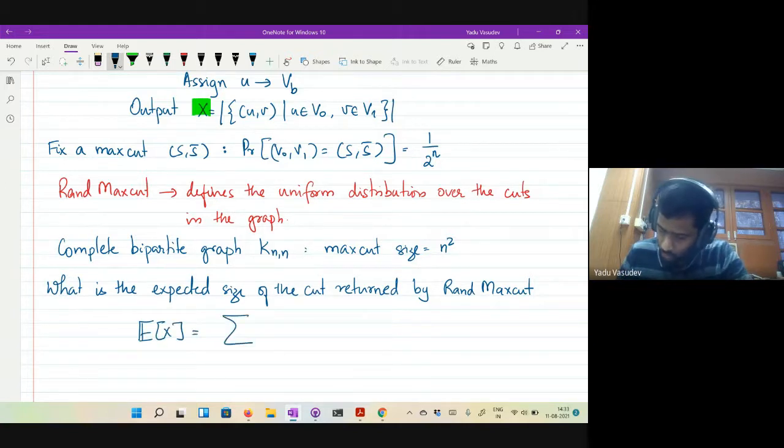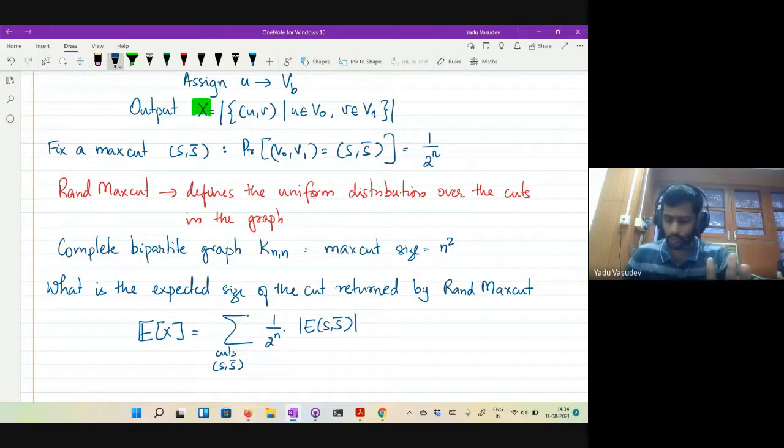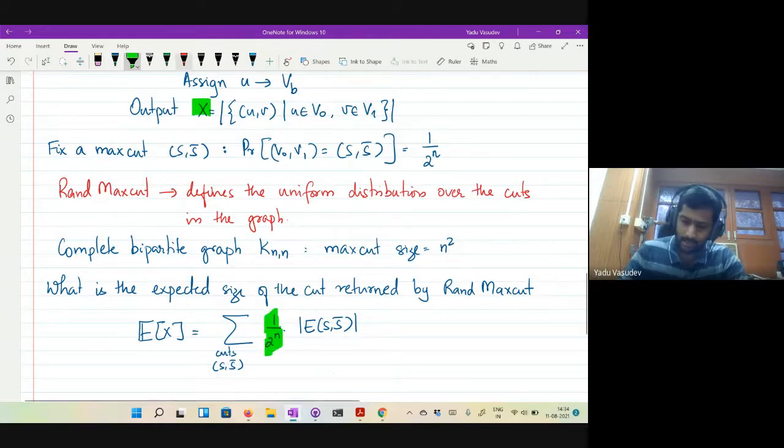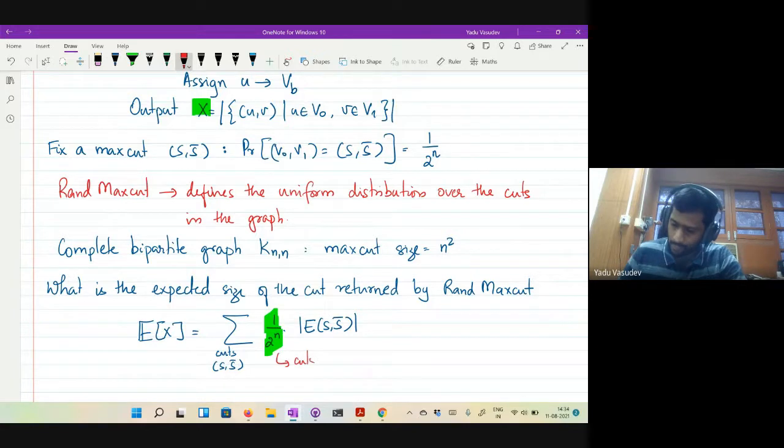This is the summation over all the cuts (S, S complement) of the probability that you will sample this cut, which is 1 over 2 power n according to the algorithm, times the cardinality of this cut. This is the expected value of the output of the algorithm, because all cuts are sampled uniformly by the algorithm.